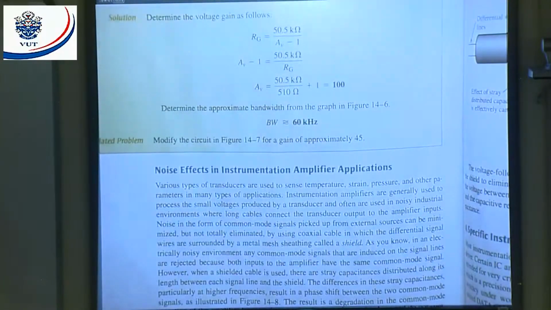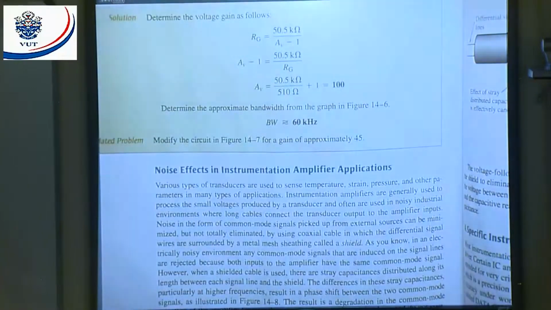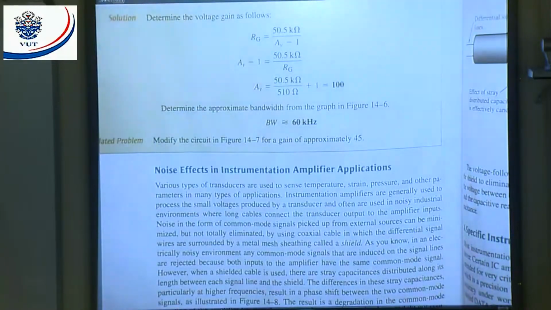There's the formula. RG is equal to 50.5 kilo ohm divided by AV minus 1. We want AV, and when we work out AV, we will get a gain of 100. Now let's quickly talk about this